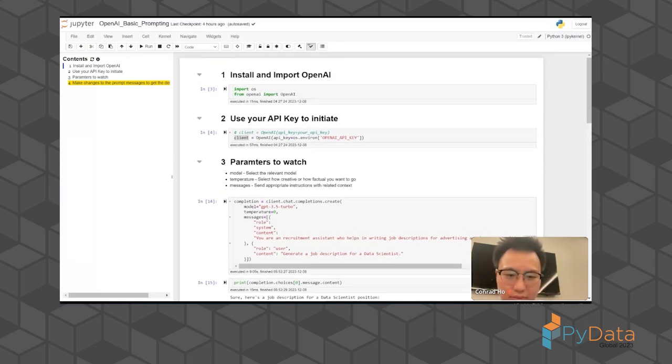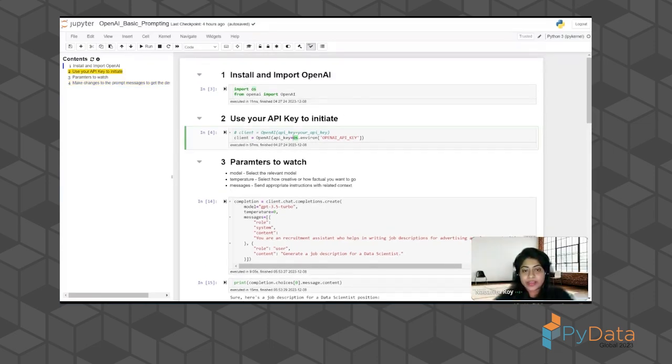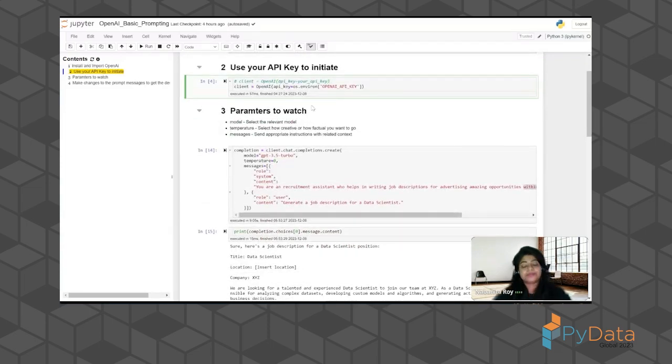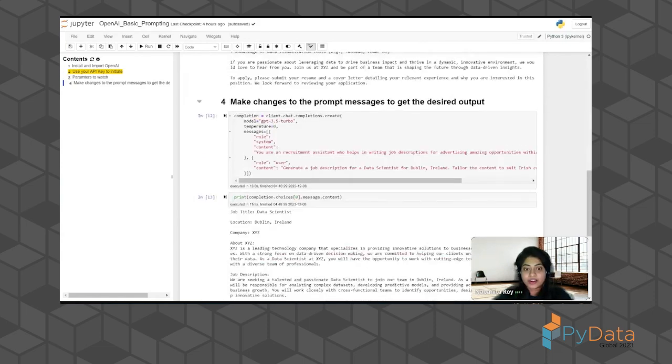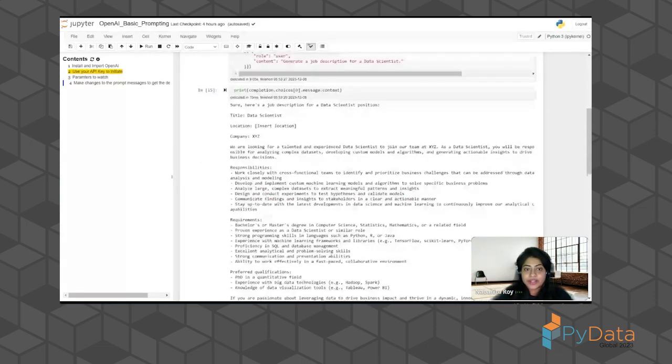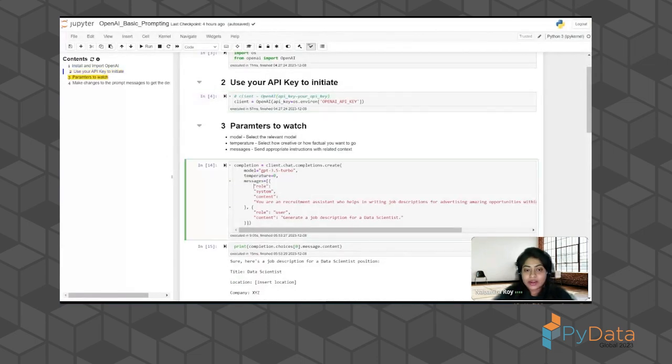So when you use this notebook, you can directly put your API key in here instead of this. So like that. Okay. So that would save you some time from putting in your API key in your environment variables. You can do that later. But yeah, the code is pretty straightforward. You can also not set a system message at all. You can just go for your user's role and then just start giving instructions.